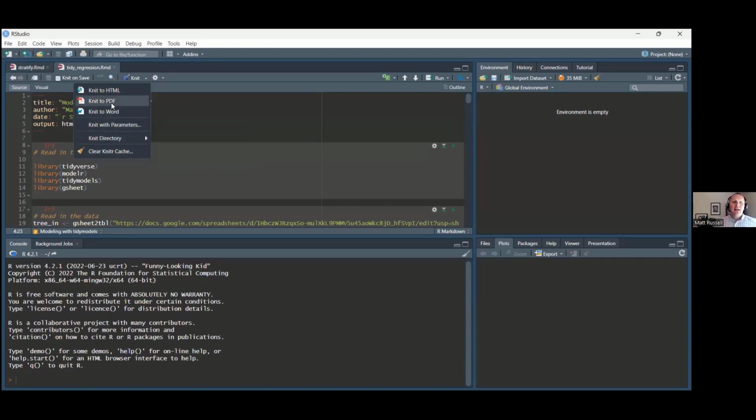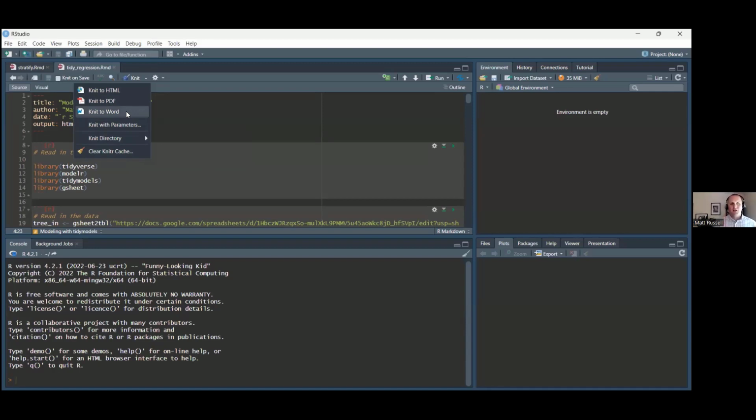What I like about that is that you can basically write R code plus text with your figures and with tables and things like that. And after you're done with it, it's not just an R file, but you can actually turn that R file into something that you can share with others, like a Word document or a PDF. I find that that's really helpful, especially in collaborating with others.